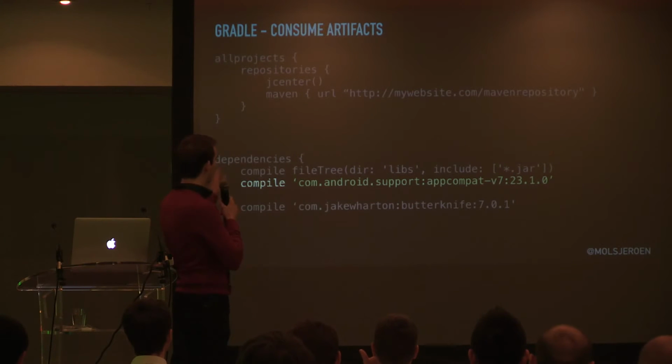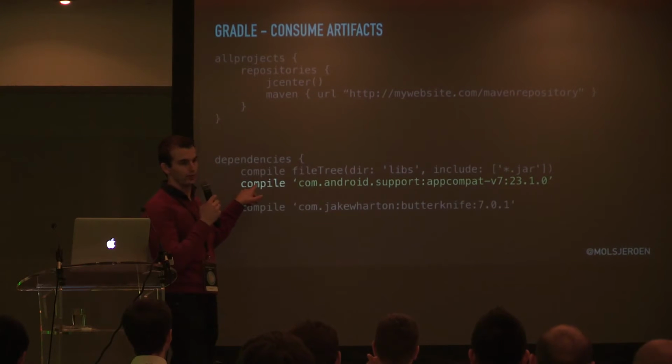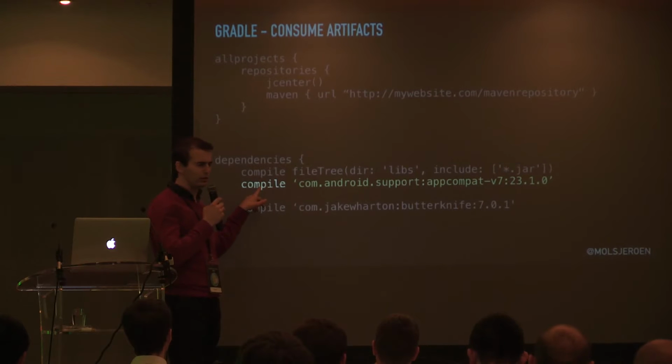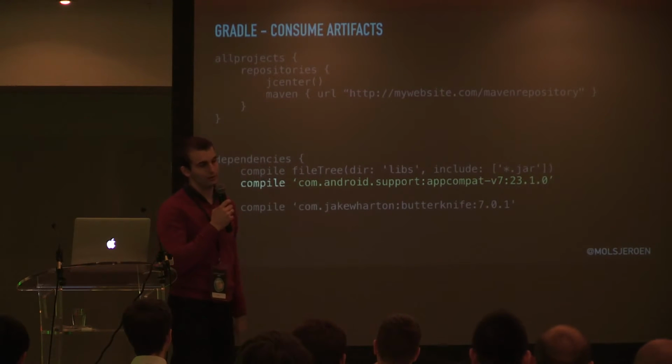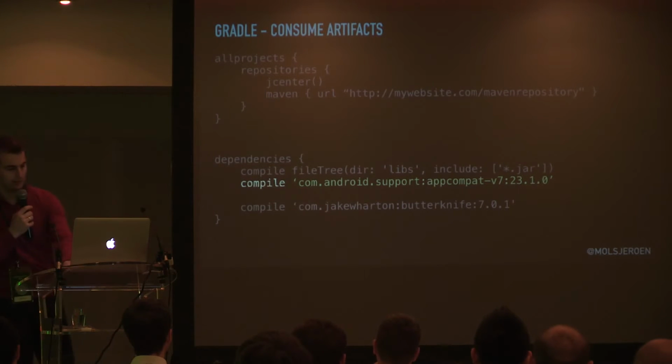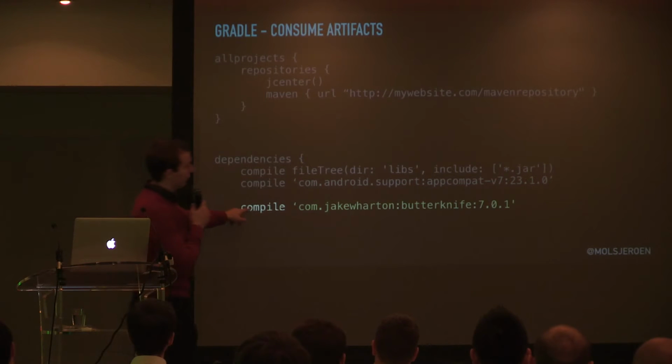So that's why Android stores them in a local Maven repository. You can just go to the Android SDK directory, and you can see it there under m2repository, and then you can see the group IDs and the artifact IDs. It's pretty straightforward. And then finally, you can also just use a remote artifact